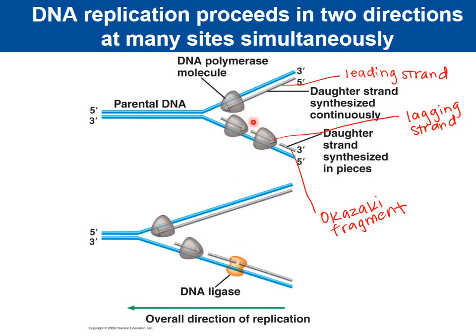And what happens is these fragments then need to be sealed. And that's the role of DNA ligase. DNA ligase is going to come in and ligate or put those two strands together. And so this is just at a very basic level of how